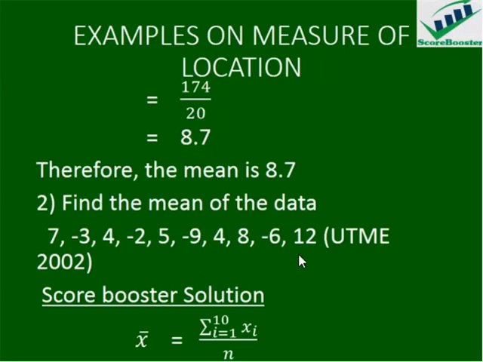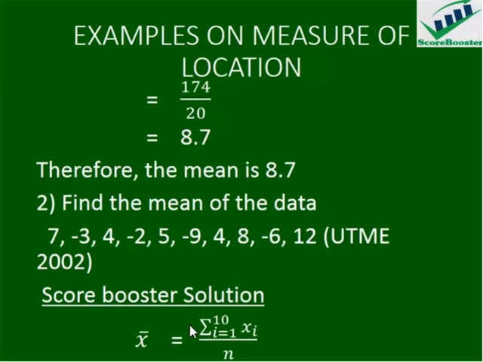So from this we can see that this is also a question about mean of ungrouped data, but here the number of items is not large. We have only 10 numbers. So from our definition, the mean of this data will be obtained by summing up these numbers and then dividing it by the total number of items that is here. So that is why we have x bar, which is what we use to represent the mean, equals to